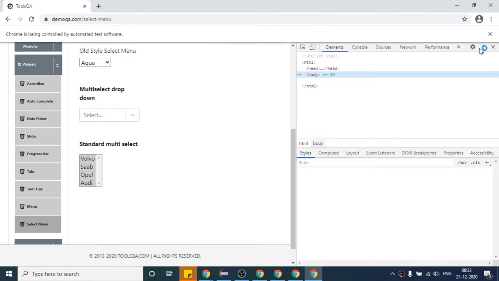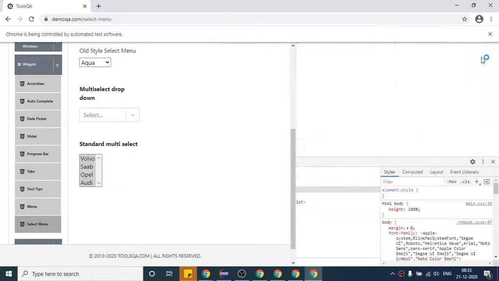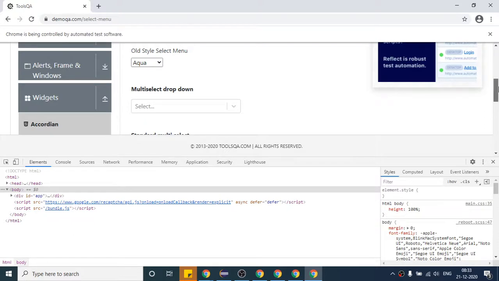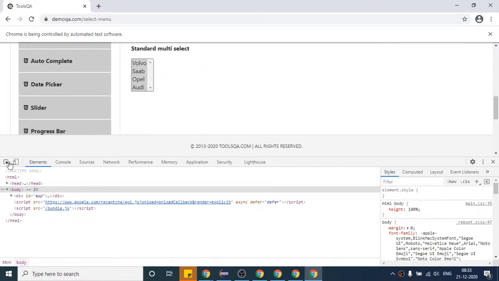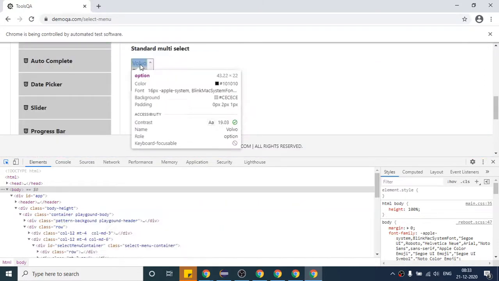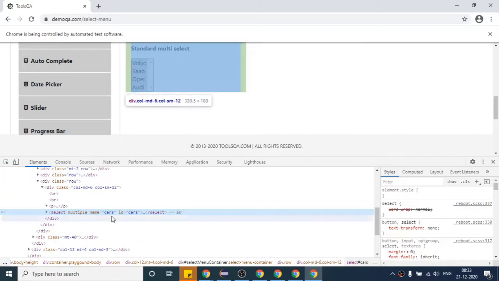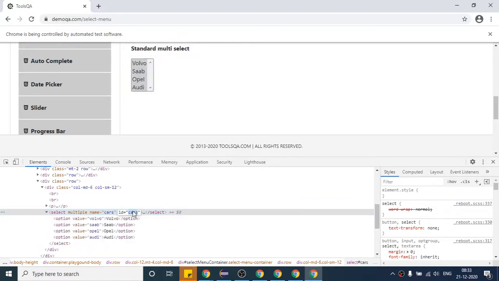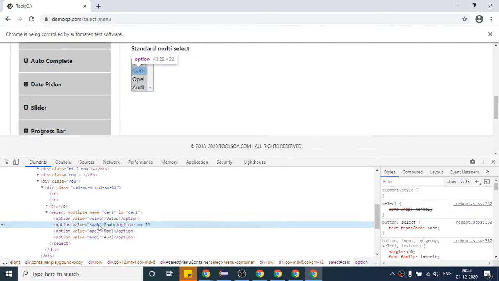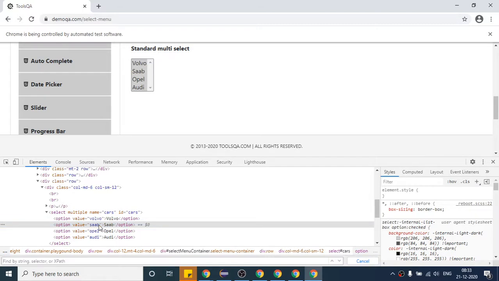You can try. I think this time sendKeys will not work, so the Select class will help us. First of all, let me write one locator so that we can identify this. Here id equals cars, so I can directly write a CSS shortcut: Ctrl+F, hash id. This is highlighting, so this is our CSS.